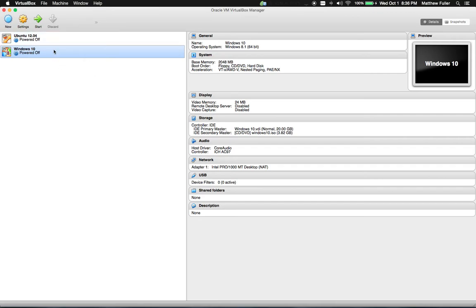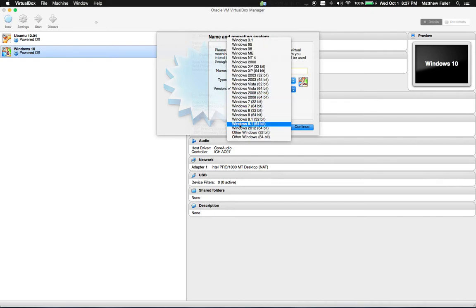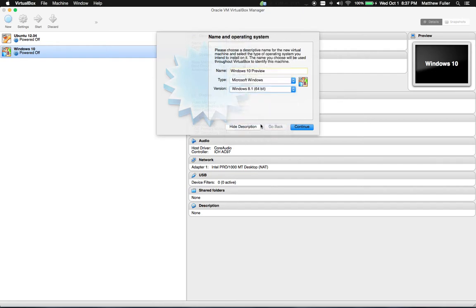Basically, the first thing we're going to do is create a new virtual machine. So we're going to call it Windows 10 Preview. Under Type, we're going to leave it as Microsoft Windows. And under Version, make sure that you choose Windows 8.1, 64 or 32-bit, depending on the version of the ISO